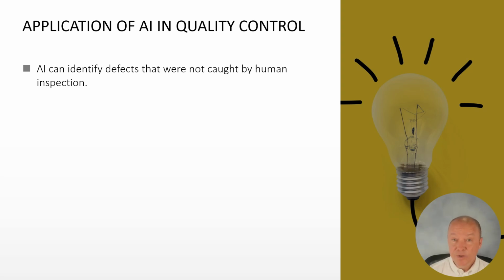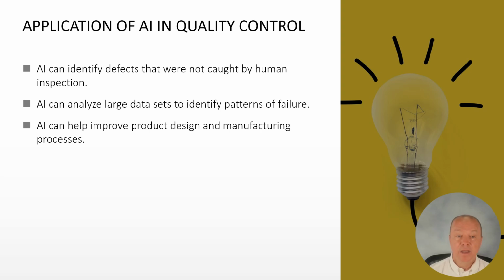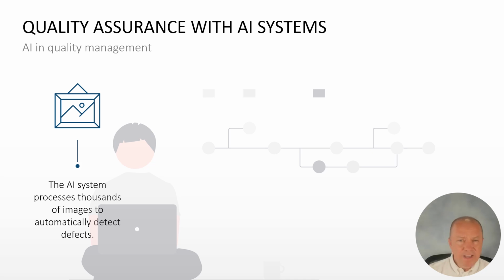So we can now use AI to actually improve our quality management. AI can identify defects that are not typically caught by human inspection. AI can analyze large data sets to identify patterns of failure and to learn from that. AI can also improve product design and manufacturing processes as well. So let's take a look at a few examples of how we can use AI to improve our quality management